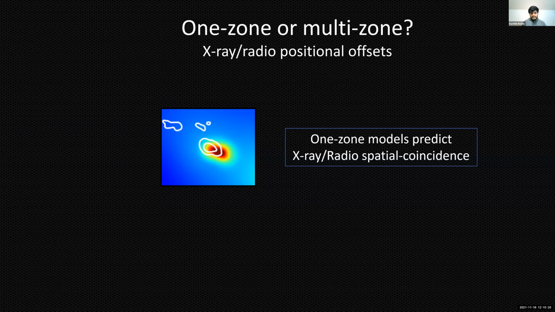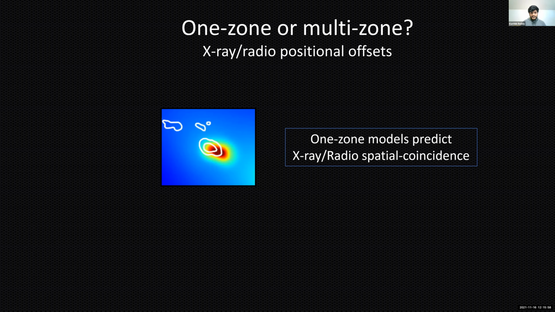So we may ask, what exactly are these offsets? What's producing them? Or we may go even deeper and ask what these knots could be, what's producing these knots, and can these offsets tell us anything about how these knots are produced, and in turn how they produce X-rays? So before we attempt to answer these questions, what we would want to know is what the statistics of these offsets are. Are there any trends in them, or are they confined to specific types of knots, or are they there everywhere? So to do that,